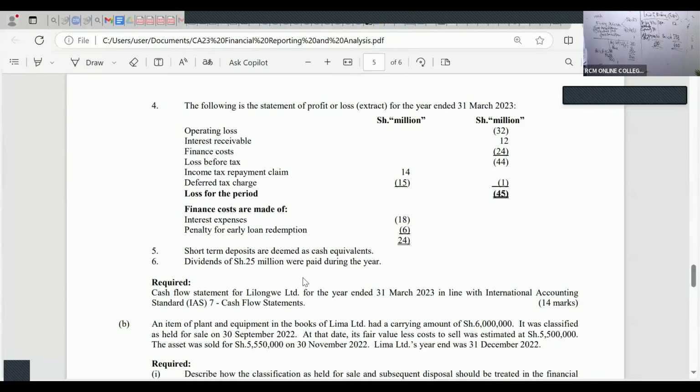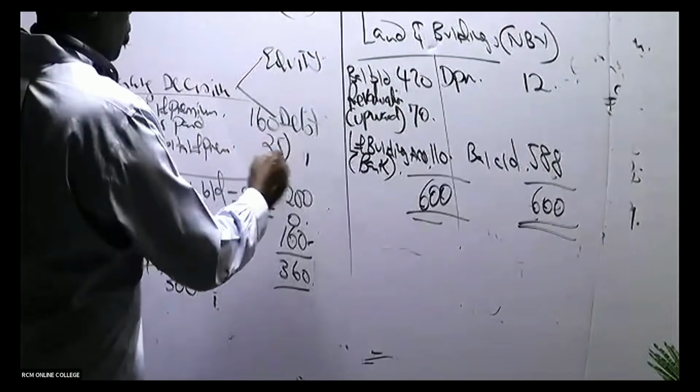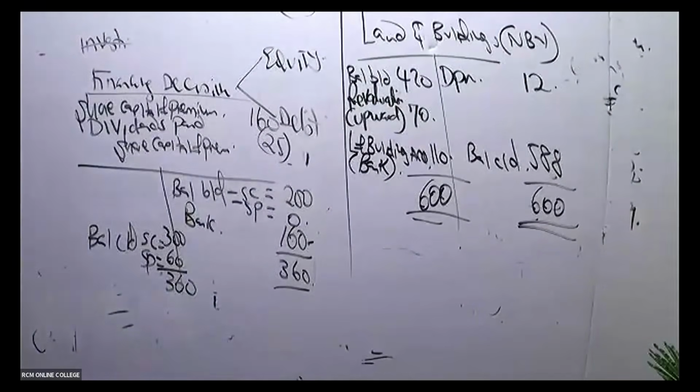So in this case, dividends paid, we have here 25. And because it is an outflow, it is 25 like that. Now, ladies and gentlemen, from there, I would want us to move with speed and look at the 12% loan notes. What happened here? If you look at your handout